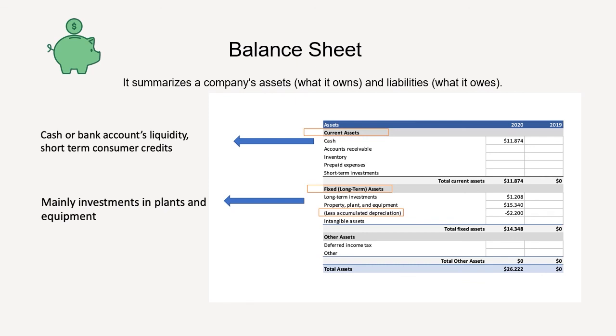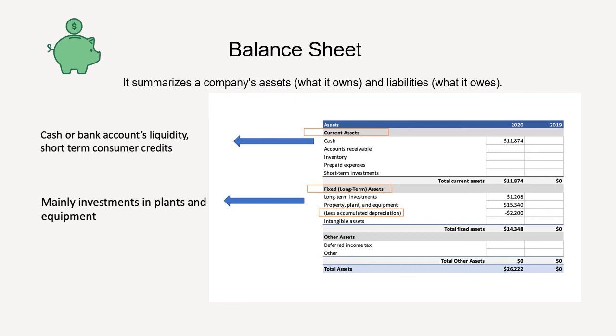Long-term assets. These assets include long-term investments, cost of property and equipment, like land, buildings, equipment, tools, furniture, computers, vehicles, etc., offset by accumulated depreciation, intangible assets, like patents, contracts, trademarks, copyrights, and goodwill, and other assets, like deferred income tax arising from the loss of value of property that cannot be reported as a tax deduction until the property